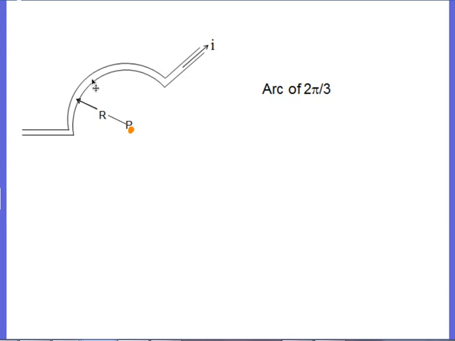I need to break this into little infinitesimals: a little small distance ds along the wire times the current flowing there. But to evaluate this integral, I don't want to go from the beginning to the end of that arc. I think you would do much better to replace I ds, this infinitesimal of current, with